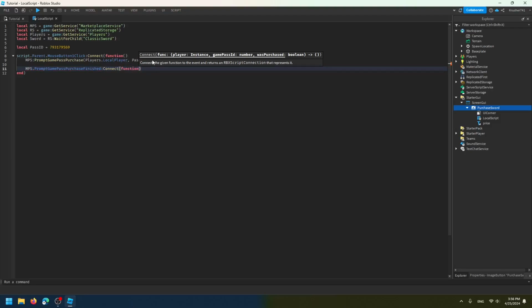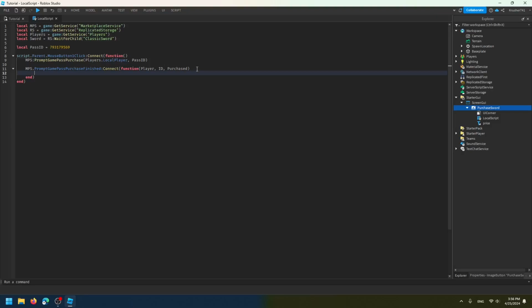And now what we need to do is type in MPS.PromptGamePassPurchaseFinished:Connect(function). So this is the function that will run when a player finishes a purchase. So we'll type in player, ID, and then purchased. So player is an instance, ID the number, and purchased is a boolean. So I'll go ahead and press enter, and I'll type in if ID equals passID, then if purchased, then